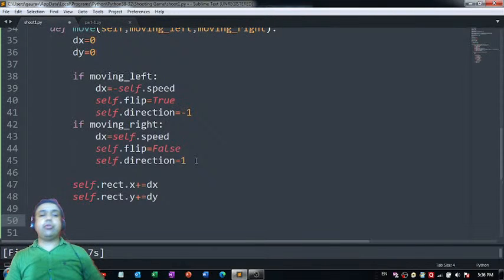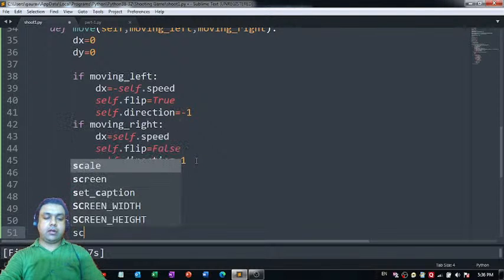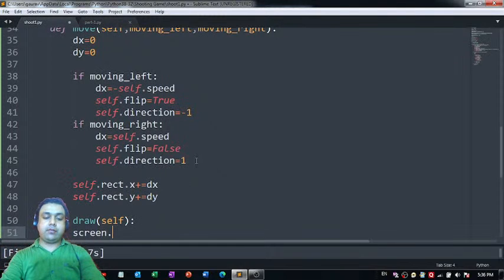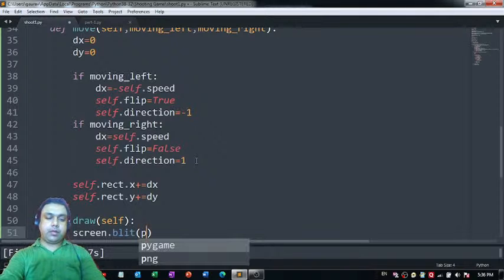Same thing we are going to use here also, same concept. We are going to have a draw function. Let's pass this parameter to this function, and it's time for us to call everything on the screen so that we can visualize everything. So we can use this block transfer function, which is split, and simply we can use